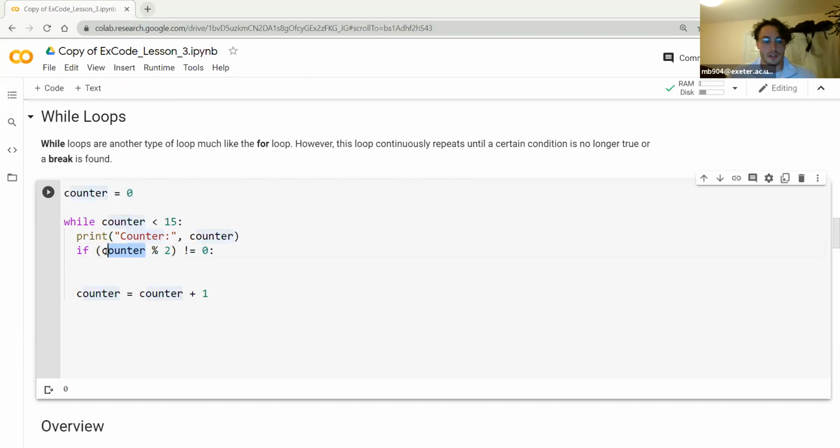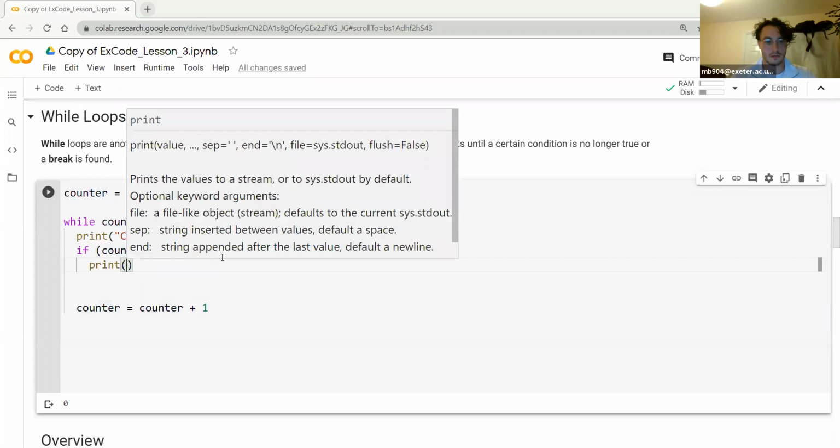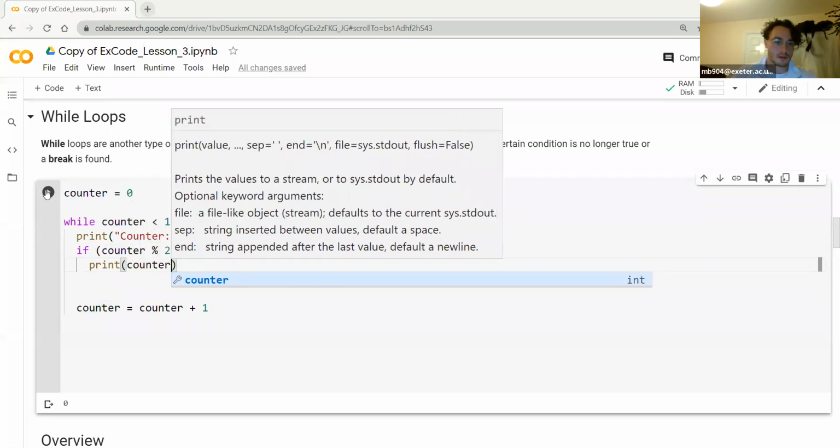However, if I put 6 in there, 6 divided by 2, the remainder is 0. So that would be 0 does not equal 0. Obviously 0 does equal 0, so it will not run this code because this whole statement's not true. So if I do that and I print counter,